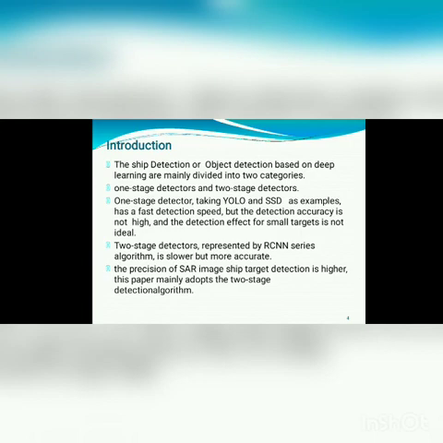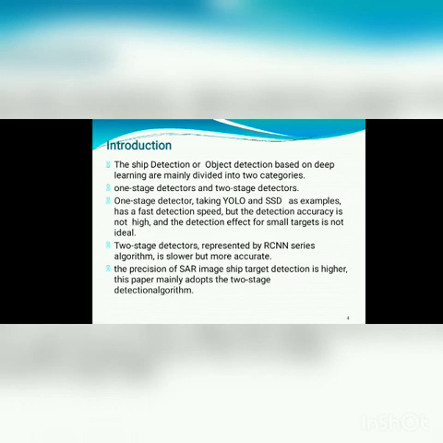They are much faster in speed, but the detection accuracy is not higher and the detection effect for small targets is not ideal. It can cause errors. Two-stage detectors are represented by the RCNN series of algorithms. They are slower but more accurate. RCNN is nothing but